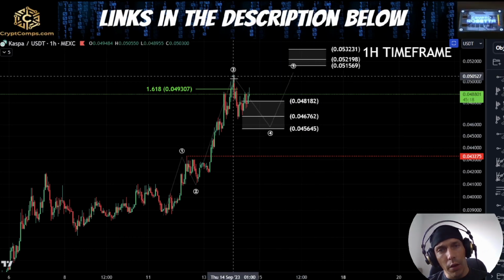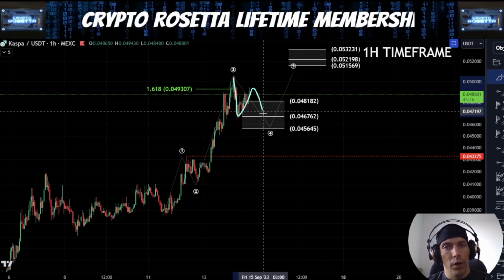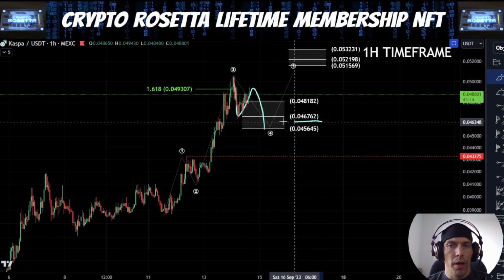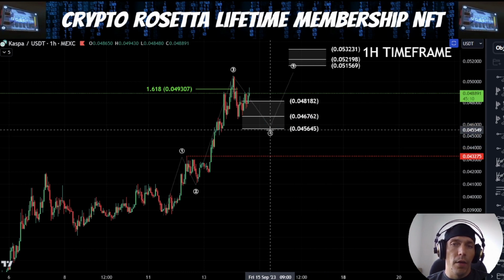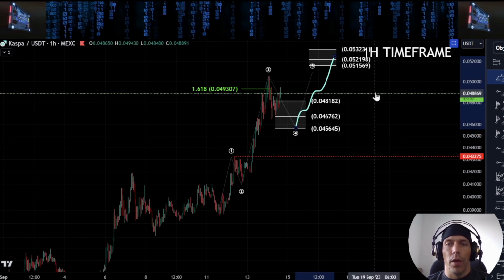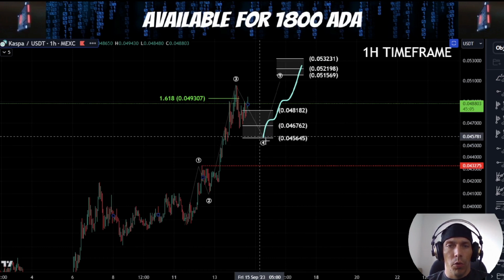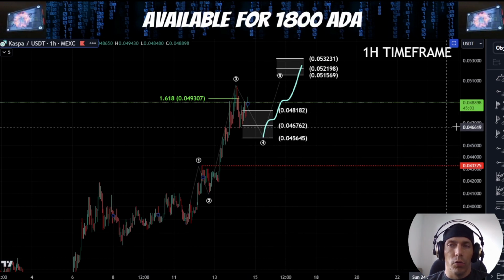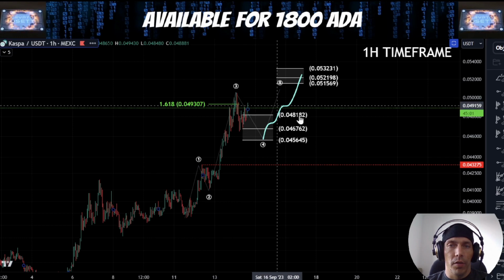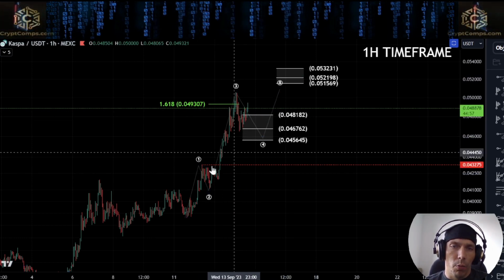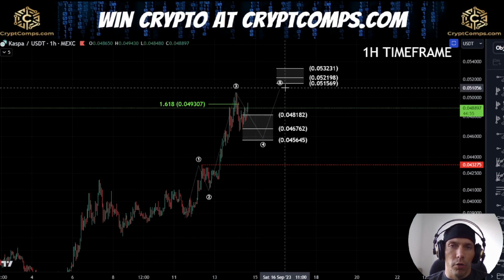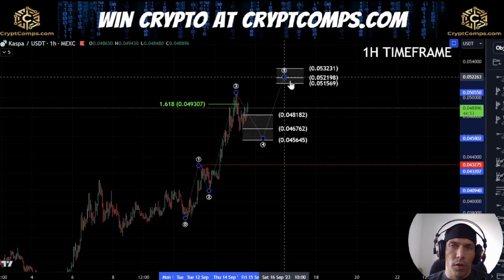Now, if we do see another push to the downside here, this would actually align with coming back into this lower area here of this 45645, and then we'd be looking for this fifth wave to the upside. Losing this zone would be an early indication that this count could be potentially looking to complete up into this high already. But given this structure here, it would make a lot more sense if we do have an additional fourth and a fifth, and then we'll have to see what happens from there.